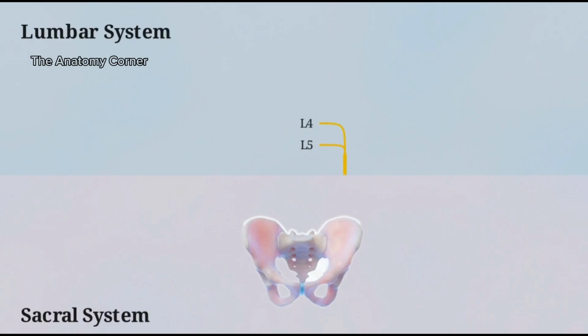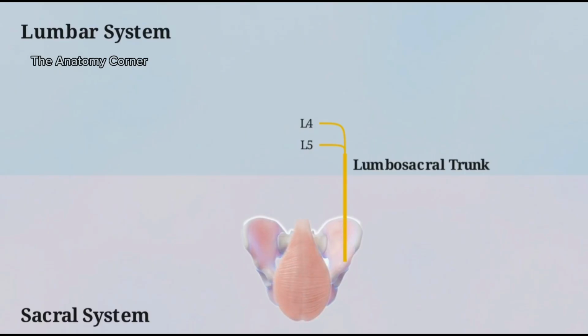This nerve bundle drops inferiorly into the pelvis, forming the crucial structural connection between the two systems. As the lumbosacral trunk drops, our second foundational anchor locks into position: the piriformis muscle. The sacral plexus forms directly on the anterior surface of the piriformis, incorporating the lumbosacral trunk alongside the S1 through